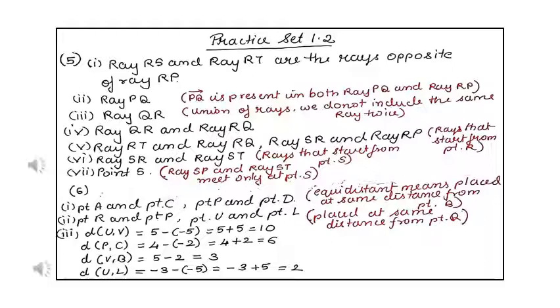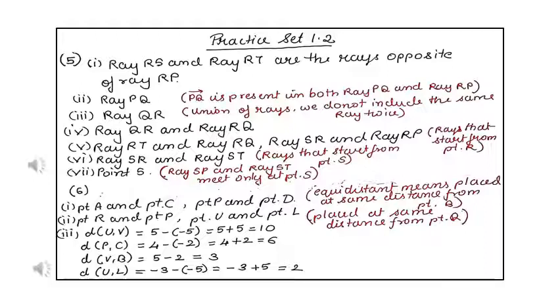We have learned intersection and union in sets, right? Same thing we are applying here. Then next one, write the union set of ray PQ and QR. Union means we combine them but we do not include the same element. Here it will be same ray twice. So my answer is ray QR. You can see for every answer I have written a bracket so that you understand the reason behind my answer.